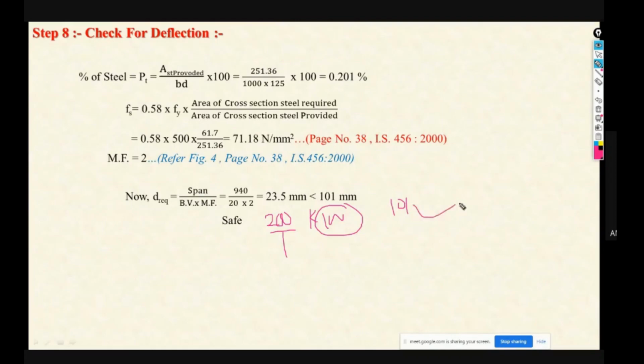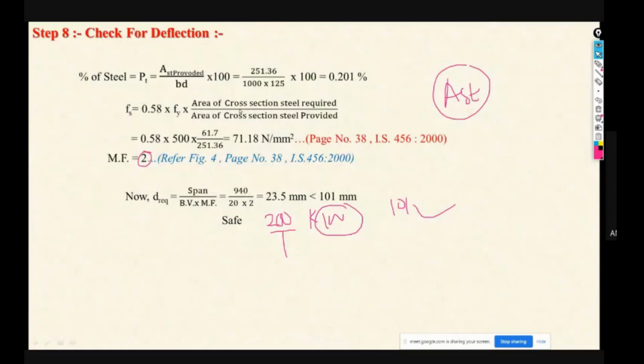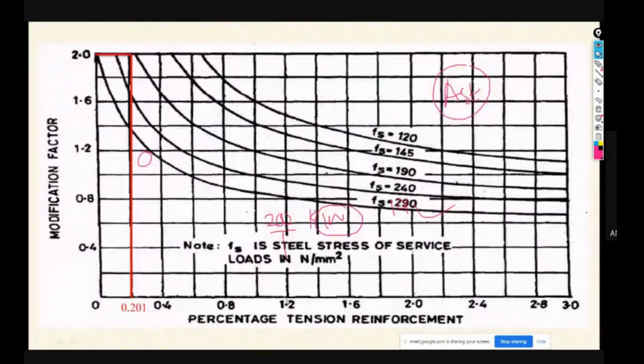वैसा नहीं है, अगर आपको डेप्थ इंक्रीज करने की रिस्ट्रिक्शंस है, तो आपको इधर भी ध्यान देना है कि मैं रेनफोर्समेंट का भी वेरिएशन कर सकता हूँ, क्योंकि जो भी मैं मॉडिफिकेशन फैक्टर कैलकुलेट कर रहा हूँ, दैट मॉडिफिकेशन फैक्टर इज डिपेंड ऑन रेनफोर्समेंट, करेक्ट। ग्राफ में मॉडिफिकेशन फैक्टर एज पर द एफएस वैल्यू एंड द परसेंटेज ऑफ रेनफोर्समेंट कैलकुलेट होता है। एफएस में भी रेनफोर्समेंट है, रिक्वायर्ड और प्रोवाइडेड रेनफोर्समेंट, और परसेंटेज ऑफ रेनफोर्समेंट तो लग रही है।